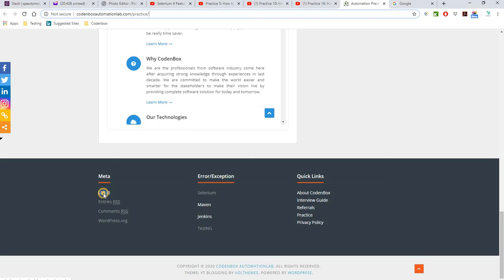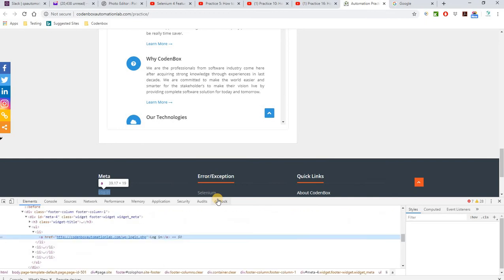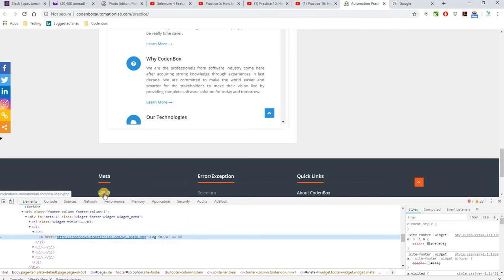So let's inspect this. This is the HTML code related to this login. If we want to select this login element, for example, to click on it,